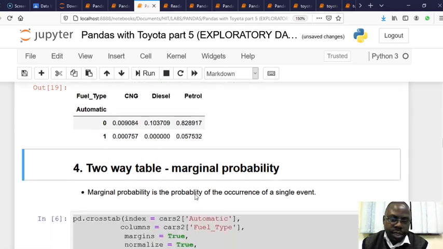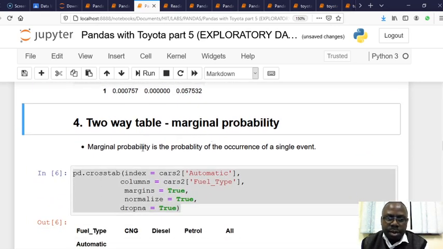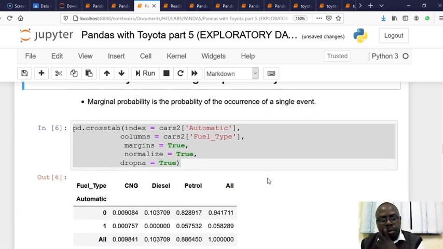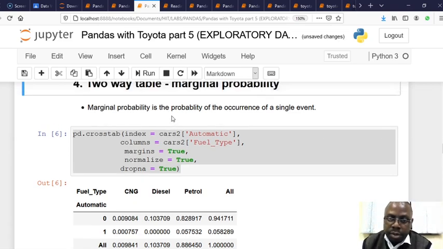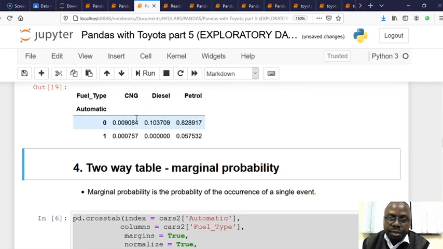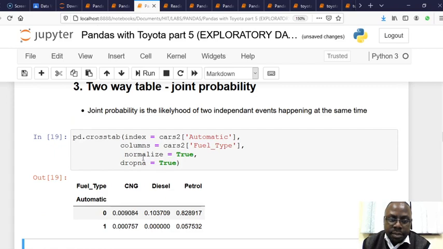So this is how we do it. Now we want to look at marginal probability. Marginal probability is the probability of the occurrence of a single event. For example, in this case, if we want to use marginal probability on top of the normalize parameter that we added,